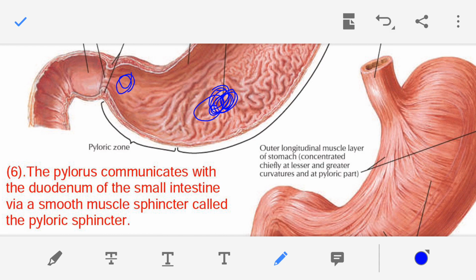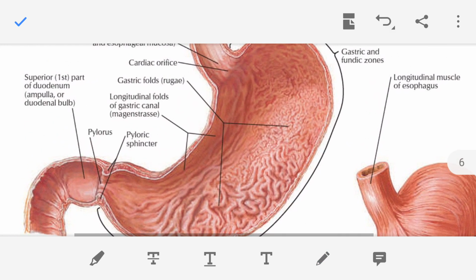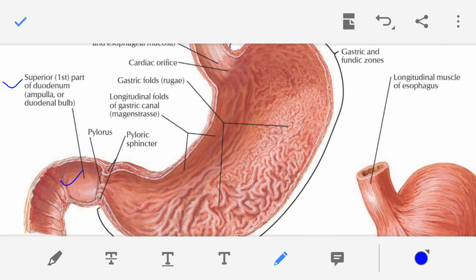This chyme will leave the stomach and then enter into the duodenum. Between the terminal part of the stomach, that is the pyloric region, and the first part of the duodenum, which is written here as the superior part of the duodenum, known as the ampulla or the duodenal bulb,